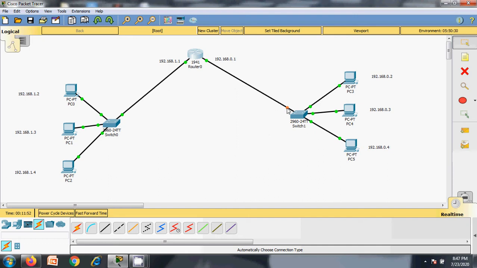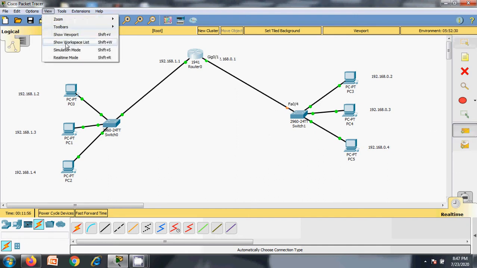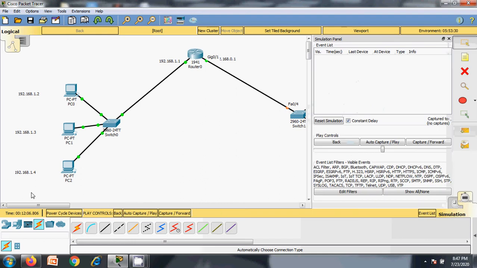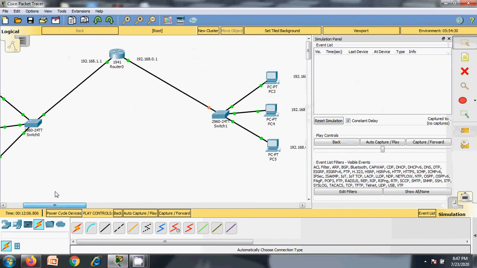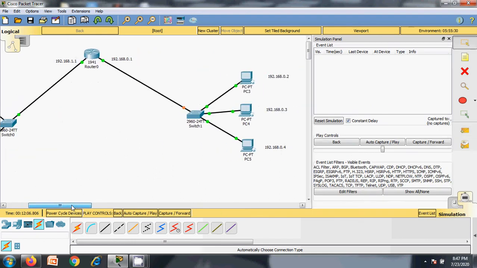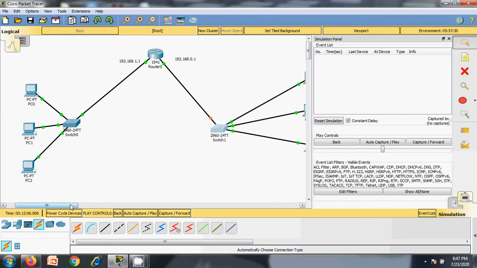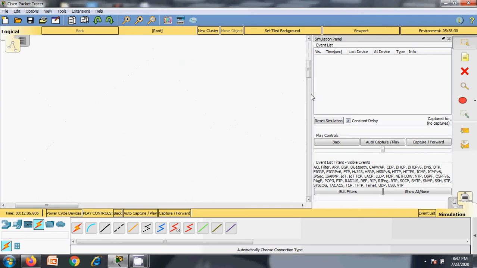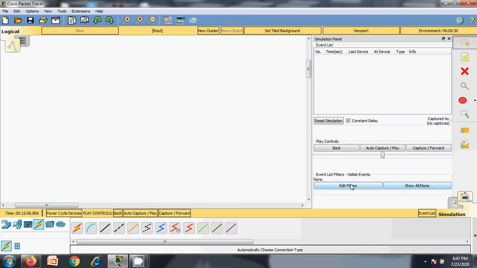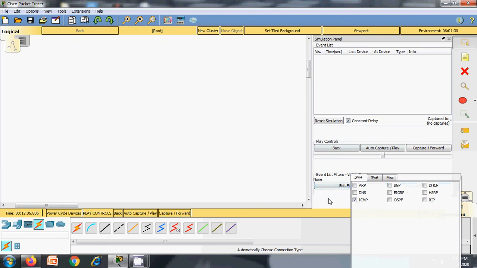So here, yes, now I'll go for simulation mode to check for the communication. So I'll choose ICMP packet alone.